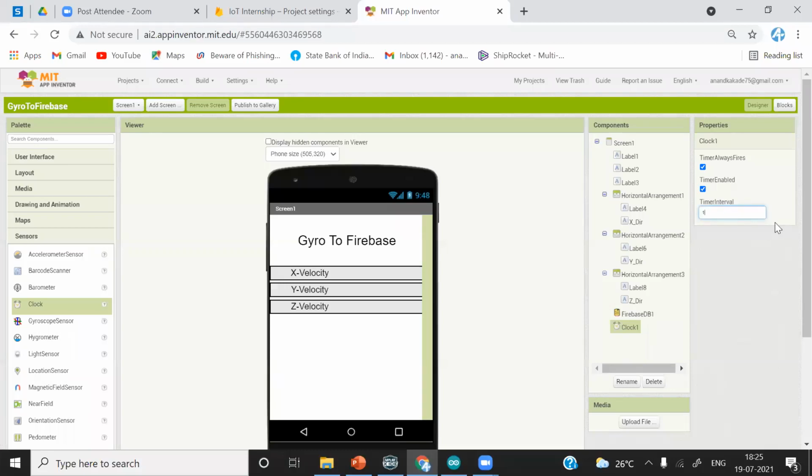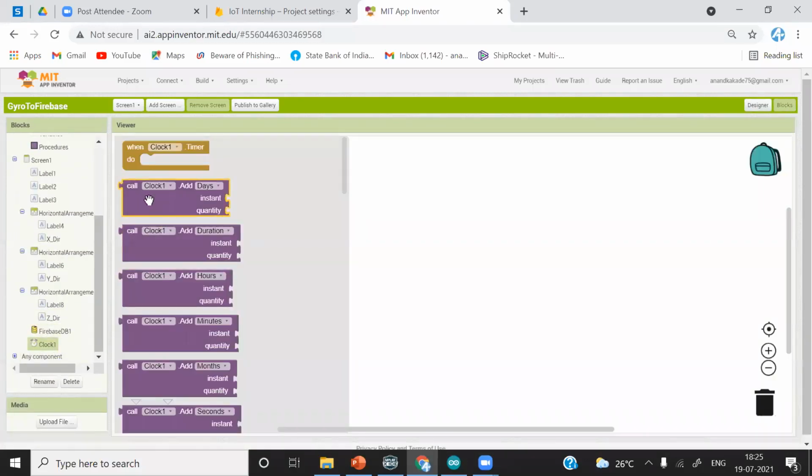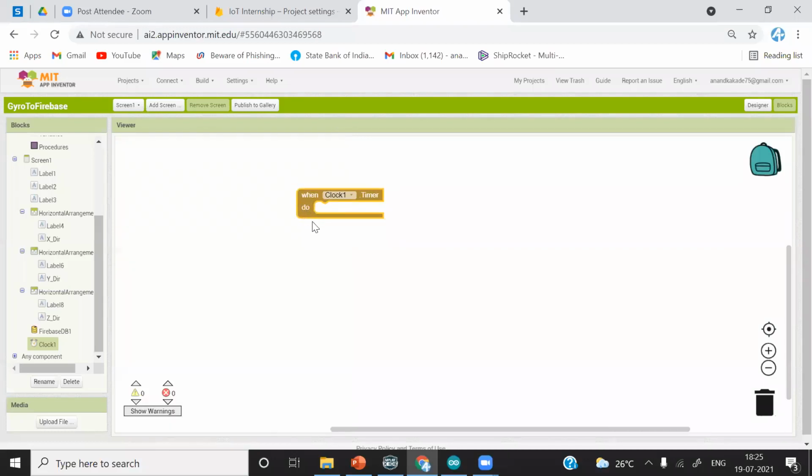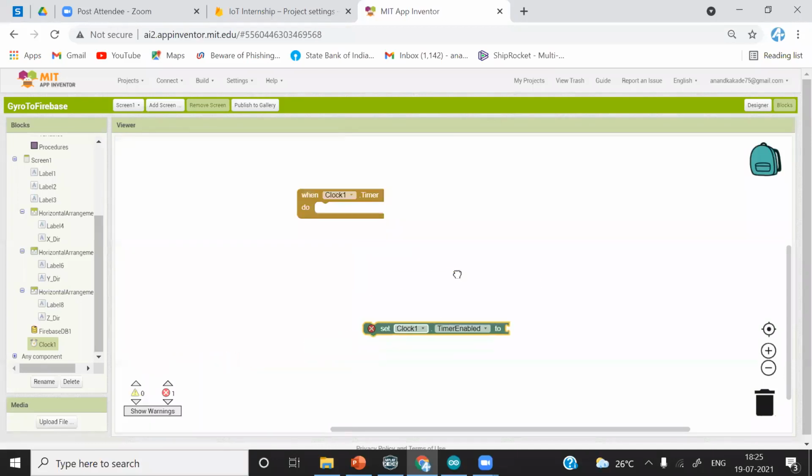When I give this as 1000, it will generate a delay of 1 second whenever we call this timer function. Whenever we enable it to true, we are calling this function, and it will generate the 1 second delay.